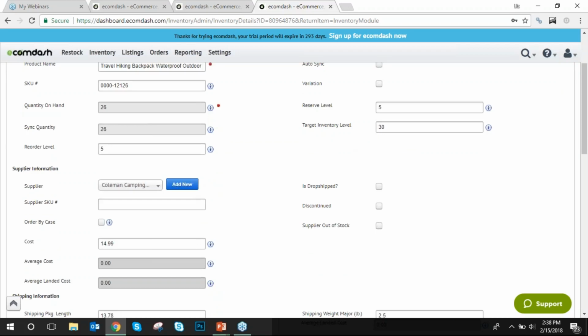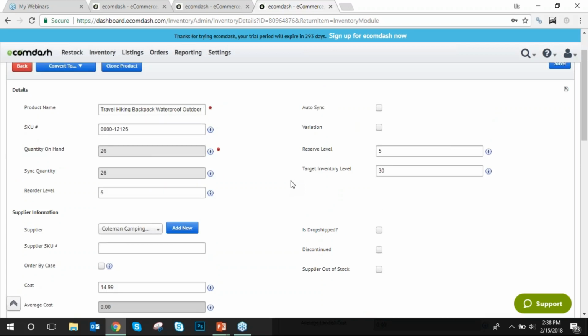The target inventory level is going to be used when creating a purchase order. So when you go to create a PO, for this particular product, the target inventory level is 30. Right now we have 26, but we'd like to be at 30. If we were to go and create a purchase order in Ecomdash for this item, we would automatically set the quantity to reorder that we need to order from our supplier to 4, simply to get us back to the